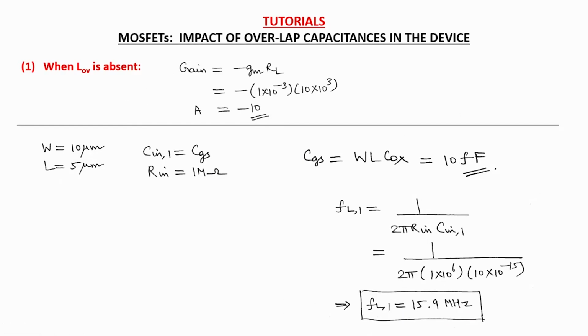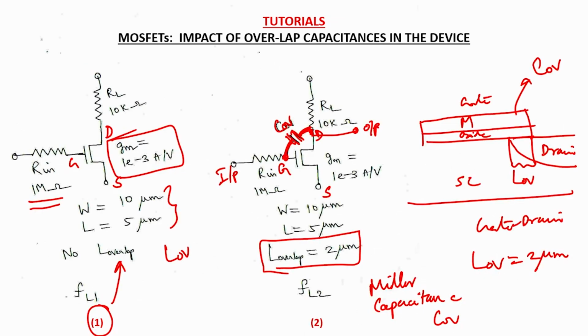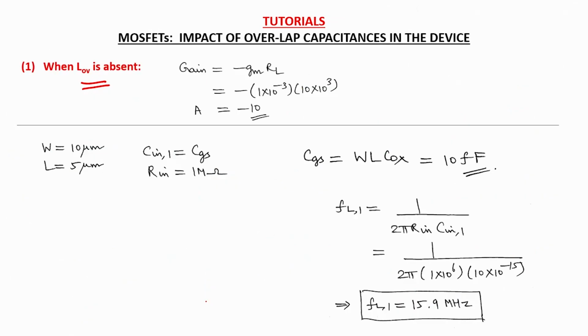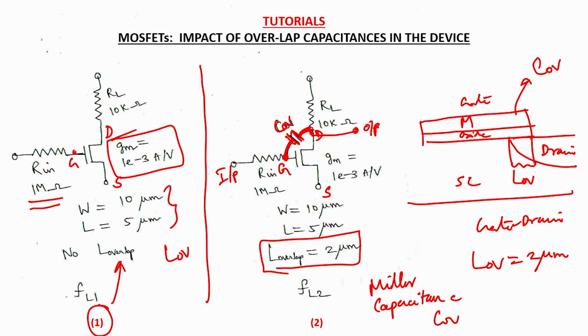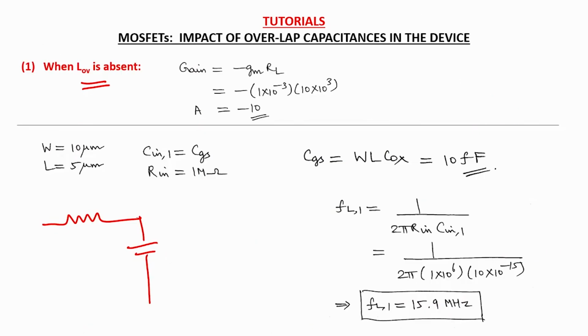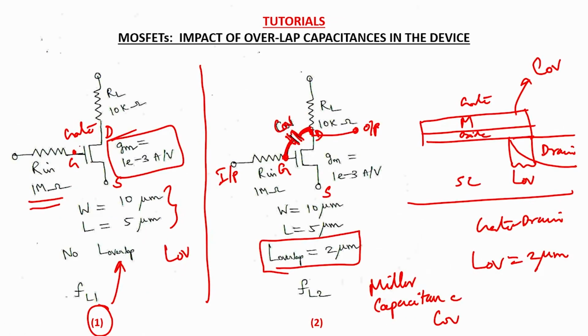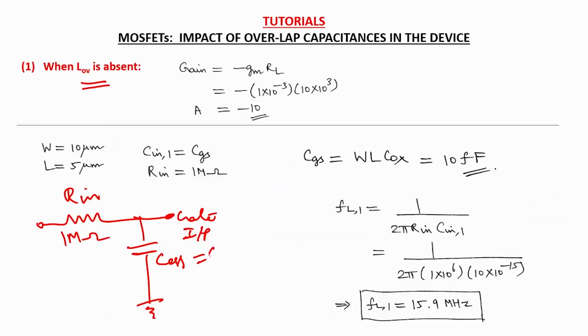Okay. So first let us analyze the first case where there is no LOV present. Let us call this amplifier 1. Here you can represent the effective network at the input terminal. Assume that this is the gate terminal. So what is the effective network here? Here you have R in to be 1 mega ohms, and between the gate and ground terminal you have CG. Let us call the effective capacitance between the gate and the ground terminal C effective, and for this device this is nothing but the CGS value. So the C effective, the effective capacitance at the gate input terminal, is nothing but CGS for this configuration,